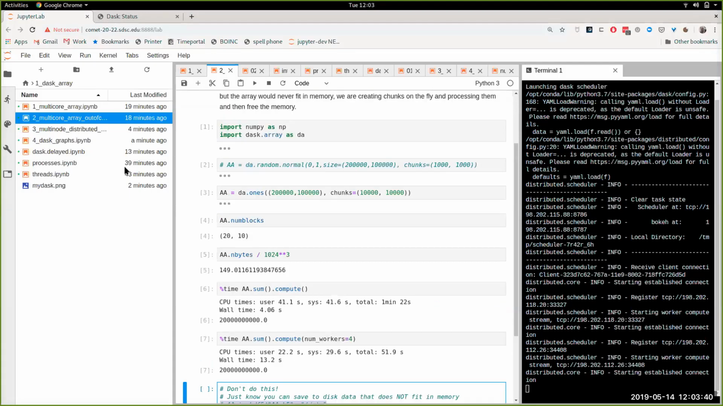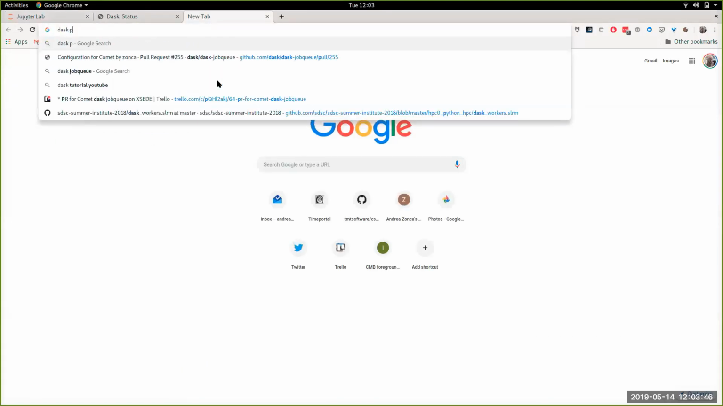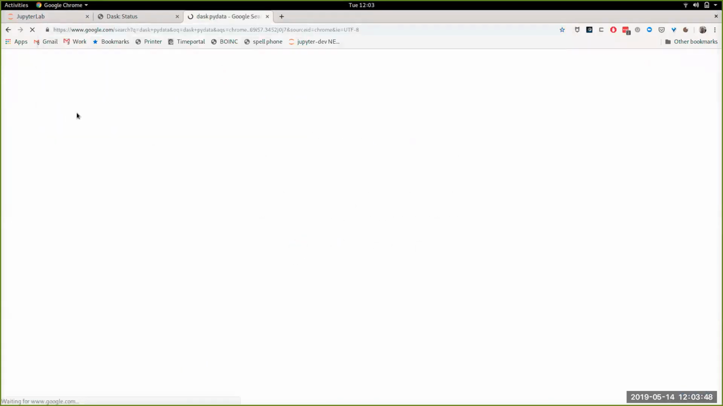Doing all of the processing in parallel, and then writing to disk. And the good thing is that Dask has great documentation. If you look up Dask PyData,